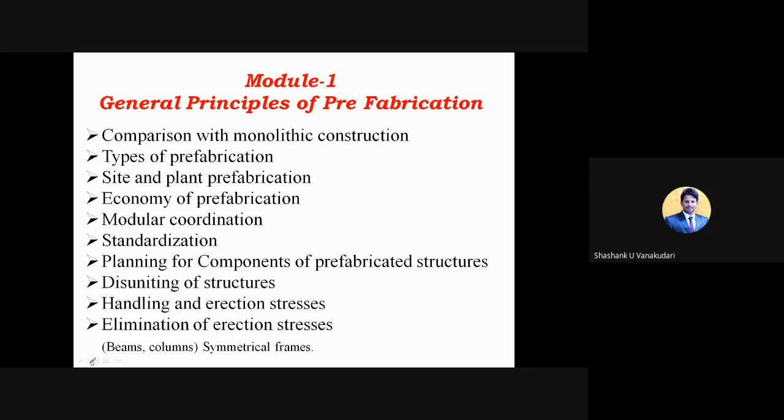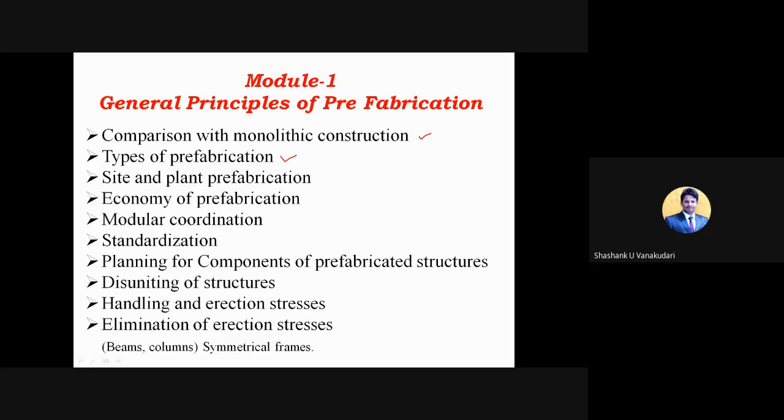And here, a comparison with monolithic structures, in the sense of structures without any particular joints. Like our own buildings, they are considered monolithic structures, meaning they will not have any gaps in between the structural members. And then the types of prefabrication are there,